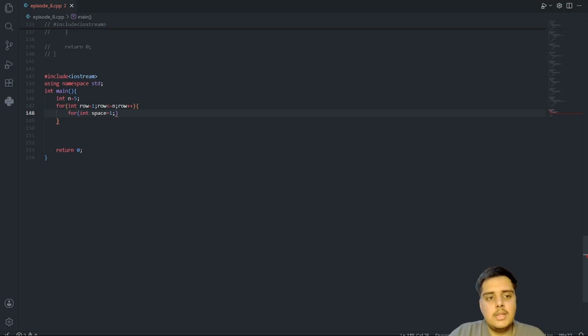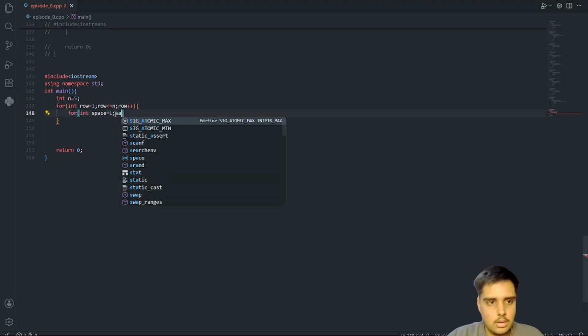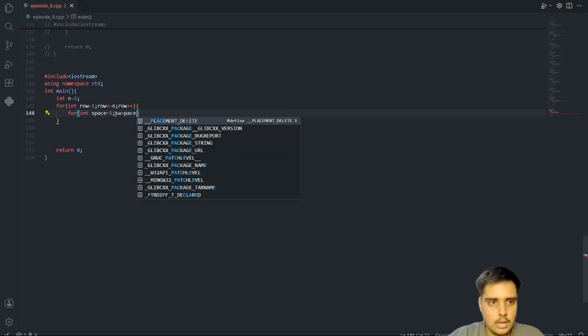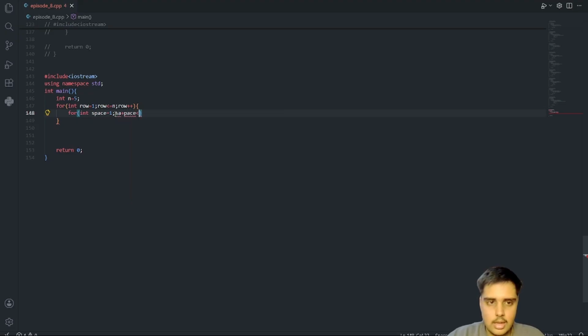After that, space less than equal to n minus row, and space plus plus.